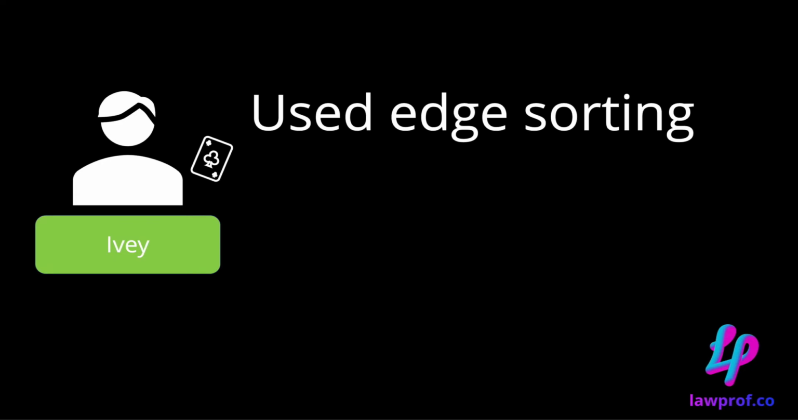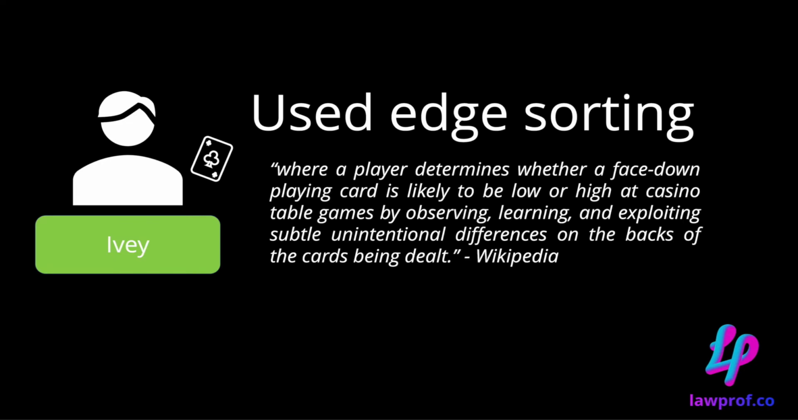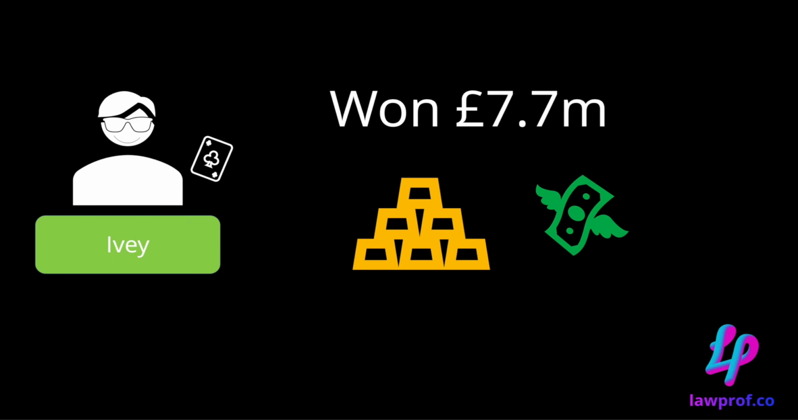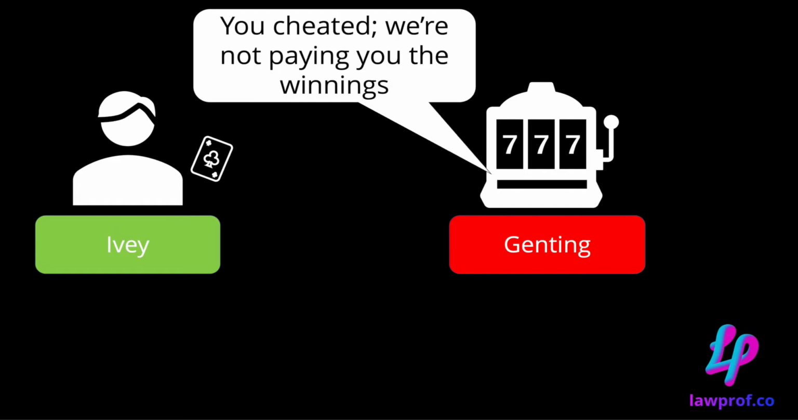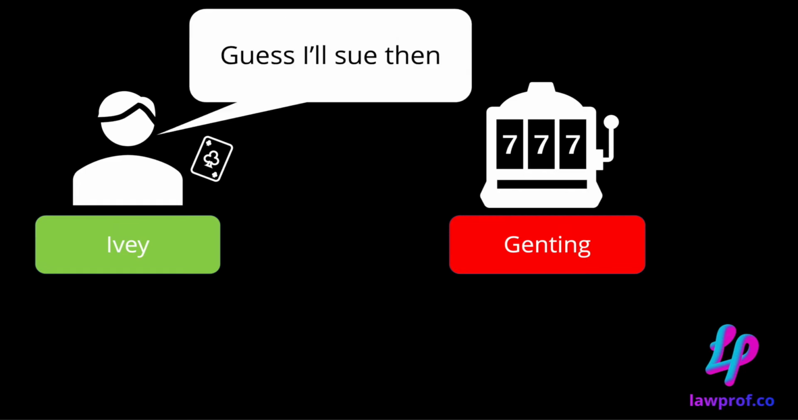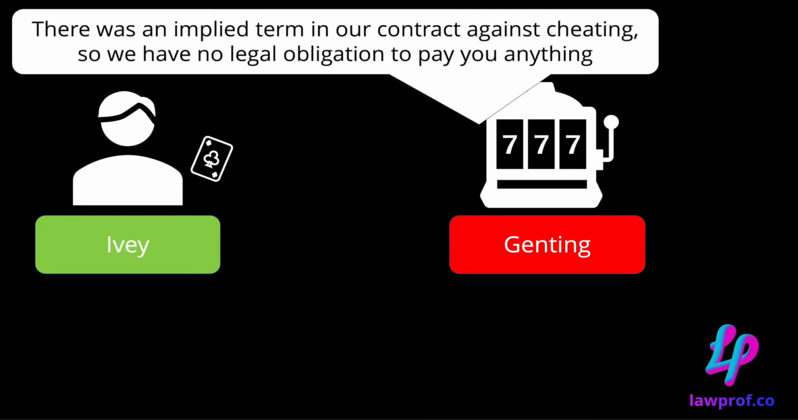The claimant, a professional poker player, Phil Ivey, used a technique called edge sorting. He used this technique and he won £7.7 million at the baccarat table at the defendant casino. The defendant later discovered that he had used this technique and refused to pay his winnings, which prompted the claimant to sue the casino. In defense, the defendant successfully argued that there was an implied term against cheating in its